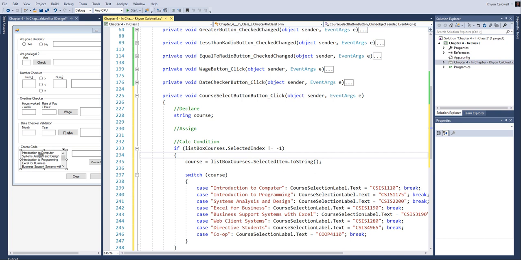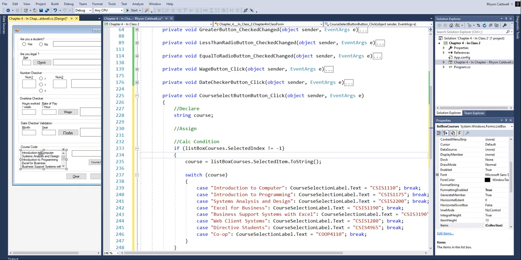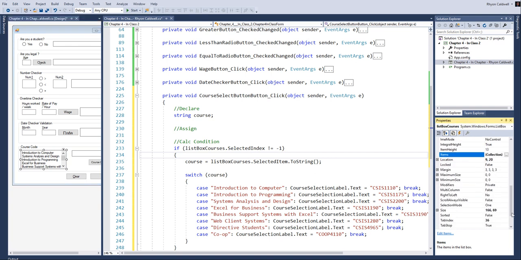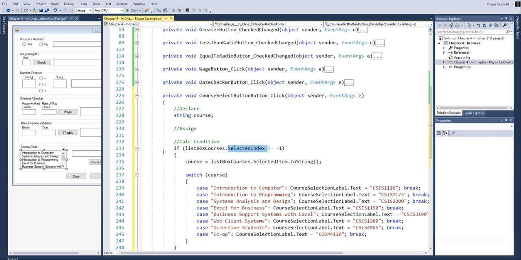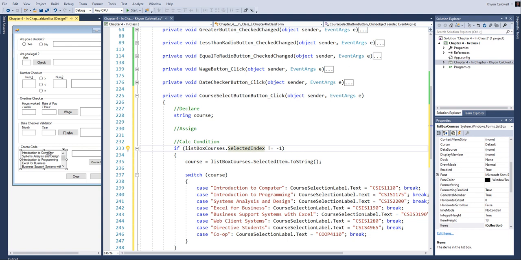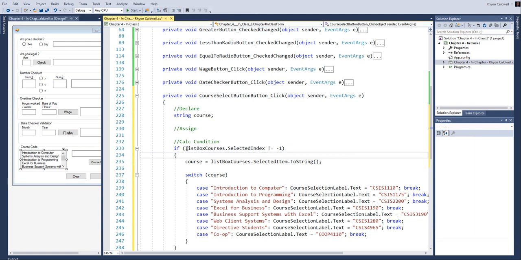For example, if I select the first course, the selected index, let's just go down here. Selected index doesn't show within the properties here. It's a property for coding, but we're not actually having a property within the control. So this is something you almost have to remember. It's called the selected index of a list box. That means the first index, the selected index, is 0, and the second course would be 1, 2, 3, 4. So what I'm asking here is if it's -1, meaning nothing has been selected,